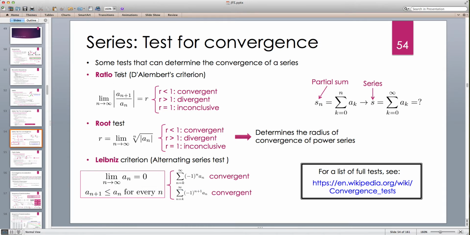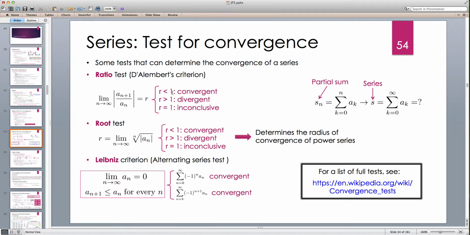The first one is the ratio test, or Lambert's criterion, and it says to take the generating sequence a sub n and find the ratio of a_{n+1} over a_n, all right, in absolute value, and look at the limit. So basically we're generating a new sequence which is the ratio of a sub n plus 1 over a sub n. If this new sequence, the ratio sequence, converges